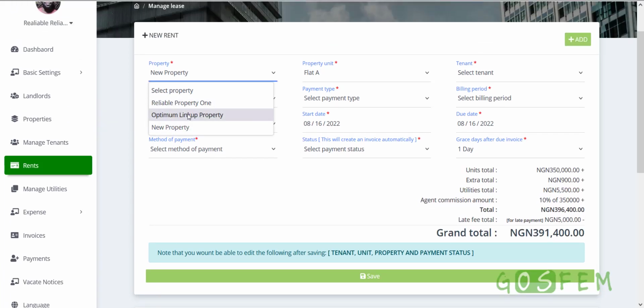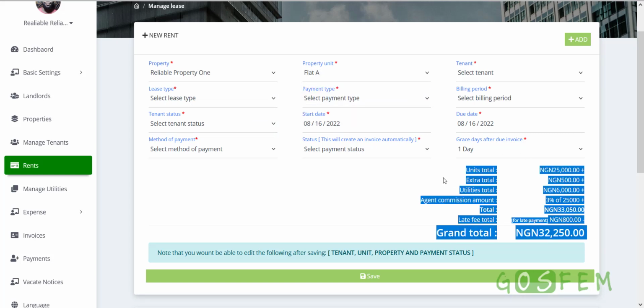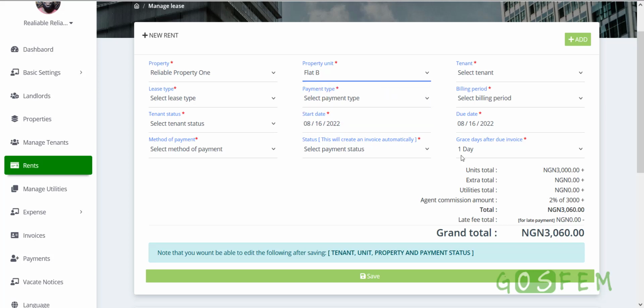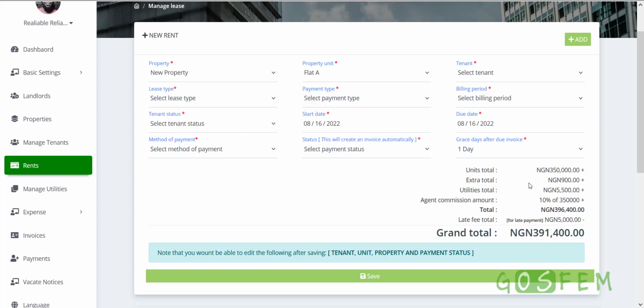For example, if I pick this property, if I click on flat A, can you see that it's changing? If I click on flat B, this is the flat B information. So let me click on new property, then flat A. Okay, so now let's quickly discuss it. The basic apartment or rent amount is 350. The extra charges, that is 900. Then utilities charges, that is 5,500. You still remember? Then agent commission is 10%. Then total is